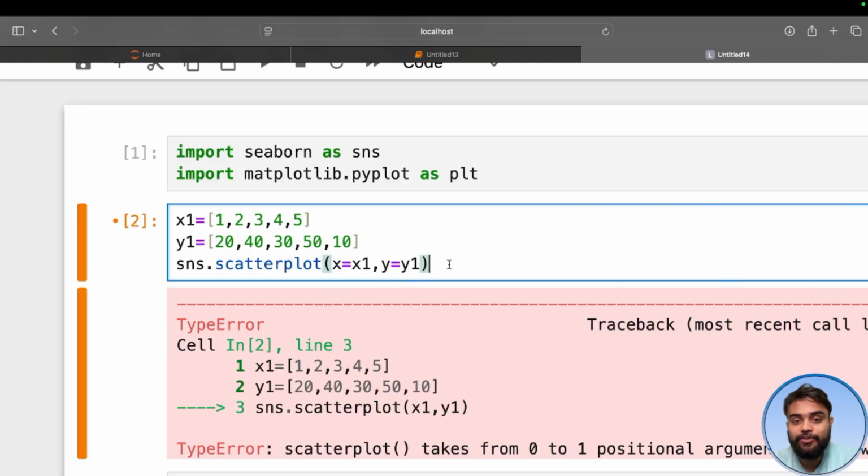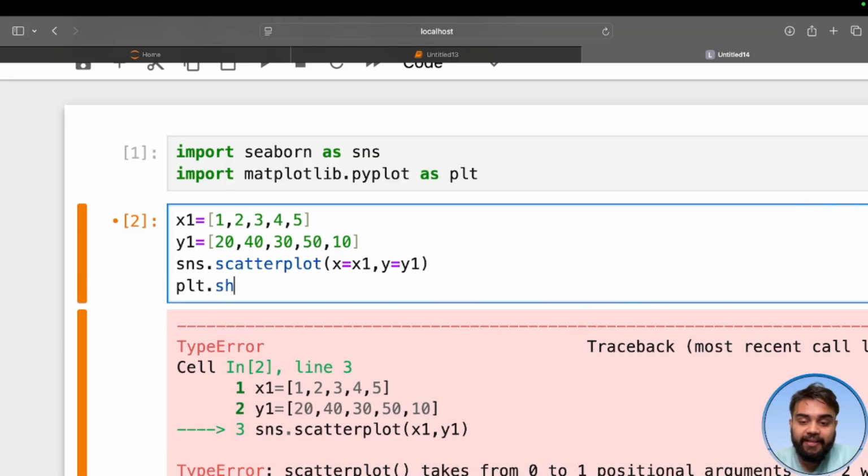Because if you see the syntax of code of matplotlib, then there is a different case, but in Seaborn there is a different case. You have to define the variable in terms of variable. It is going to matter. And plt dot here again I'm going to